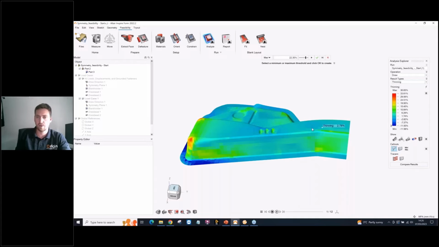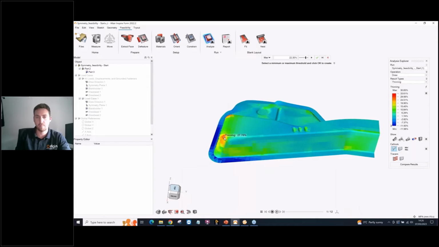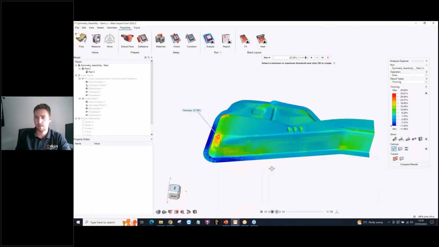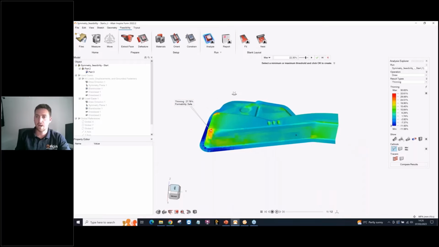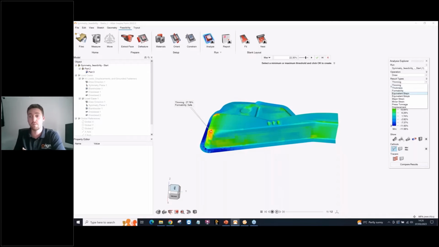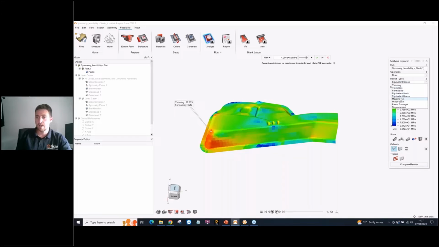If I want to find out what the value is at any certain point, I can put a call out on this area, and I can see the values. These callouts can be modified. You can show a number of different result types on these callouts. So if I want the formability in that place as well, we've got thinning, but it's actually safe. Other things that we can show in this stage are stress, strain, press tonnage, and displacement. But one of the main things is our formability